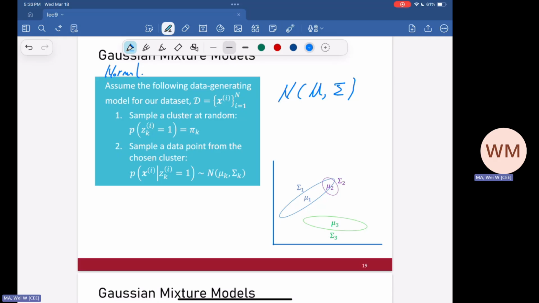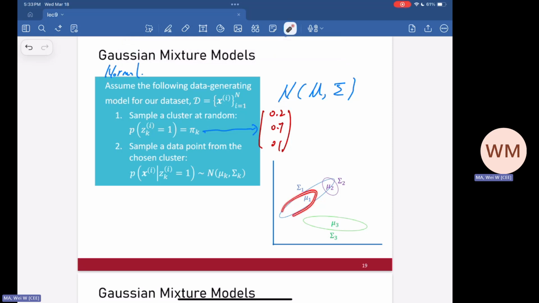So you can think of the data as sampled from these three Gaussian distributions. Here we have two things. One is that you give me a pi k, indicating the probability of choosing one specific Gaussian distribution. Here I have three Gaussian distributions, so pi gives you a vector, for example 0.2, 0.7, 0.1. This says that I have a 20% chance to choose the first Gaussian distribution, and a 70% chance to